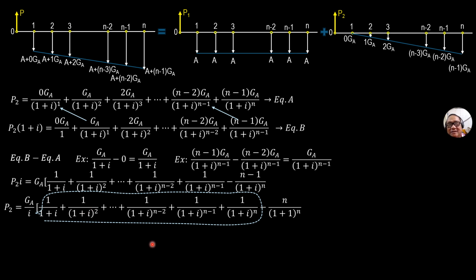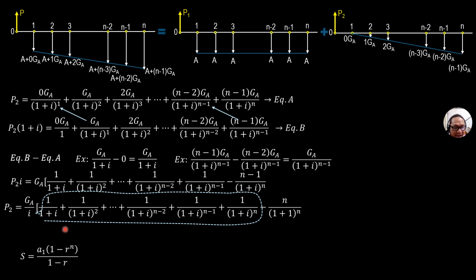If you can recall the sum of a geometric progression, we use that formula because the common ratio r is less than 1. 1 over 1 plus i is definitely less than 1. That's why we use that formula. Instead of first term quantity r to the n minus 1 over r minus 1, it is the same as first term quantity 1 minus r to the n all over 1 minus r. So I use this formula here because r is less than 1.